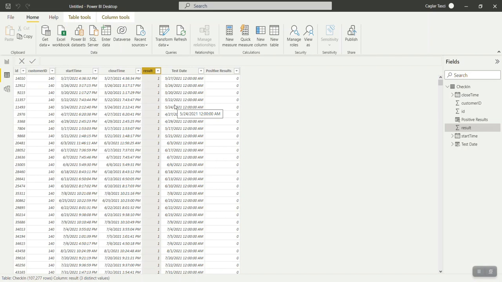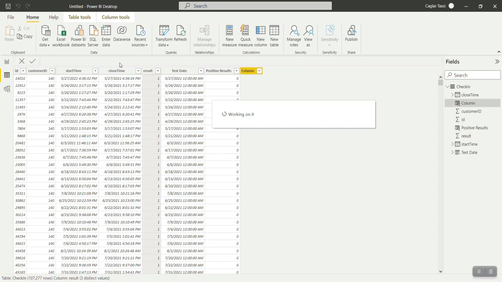Now we will work on creating a few more columns with regards to the time. Since we are going to show our graphs on a month basis, to properly represent it with month and year, we will be creating a column called month year, where I will concatenate month as well as year.